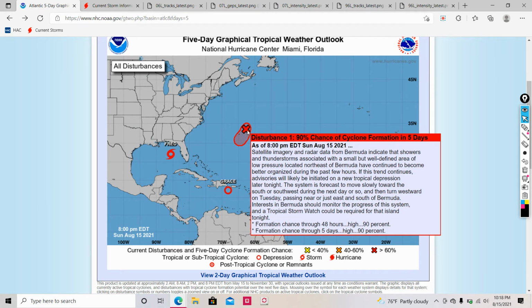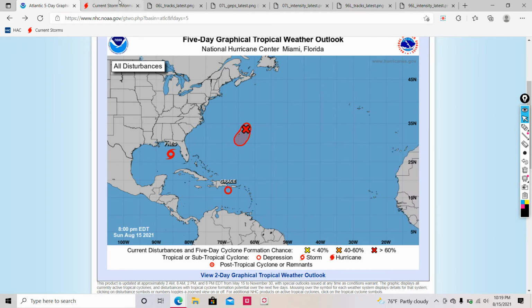island tonight. So formation chance through the next 48 hours, a high of 90%, and a formation chance through the next 5 days, 90%. So it's likely we could be seeing this form tonight and into tomorrow morning. Now,